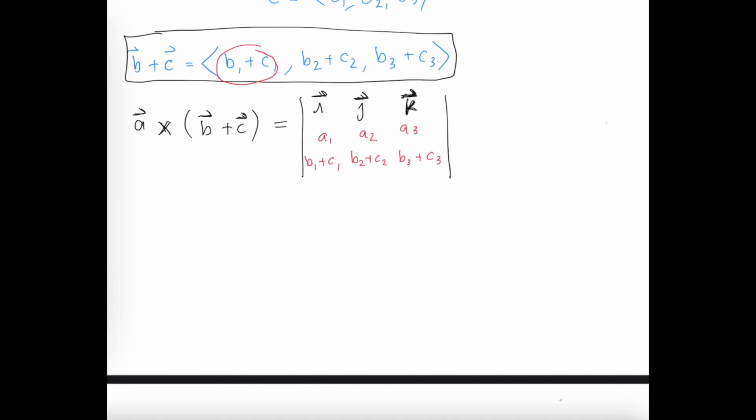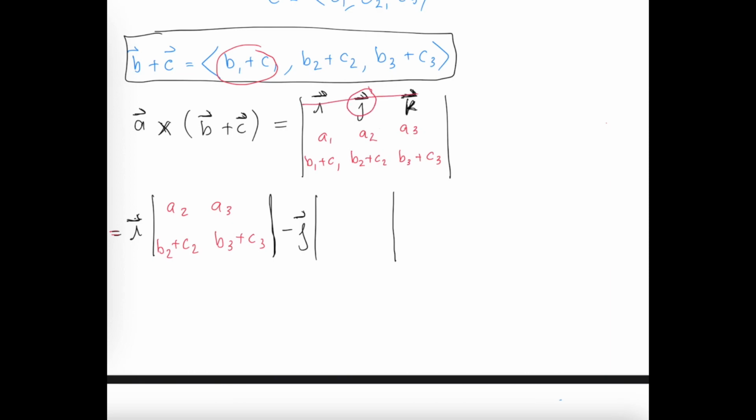So now we're going to isolate this top left corner element and eliminate the row and column that contain that I vector. And so we'll say this is then going to be equal to the I multiplied by the 2 by 2 determinant of the matrix that remains if I eliminate that row and that column. So we have A2, A3, B2 plus C2, B3 plus C3, closed determinant, and then minus J multiplied by the